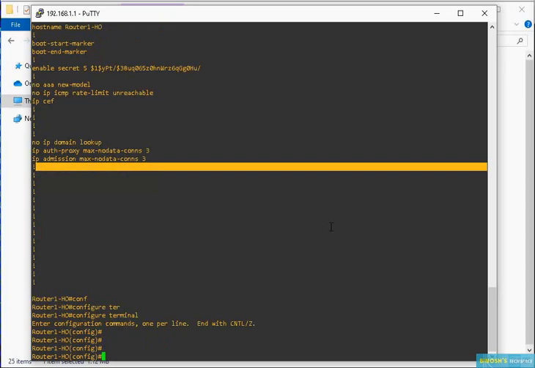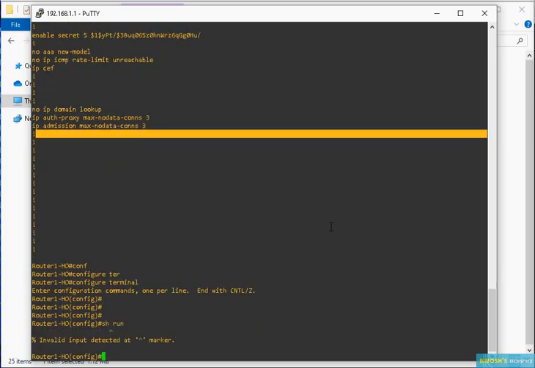Also, if you enter some commands here, show run, in this mode, right now I am entering one command, show running configuration. This command will not run because that command was designed to run in the earlier levels.